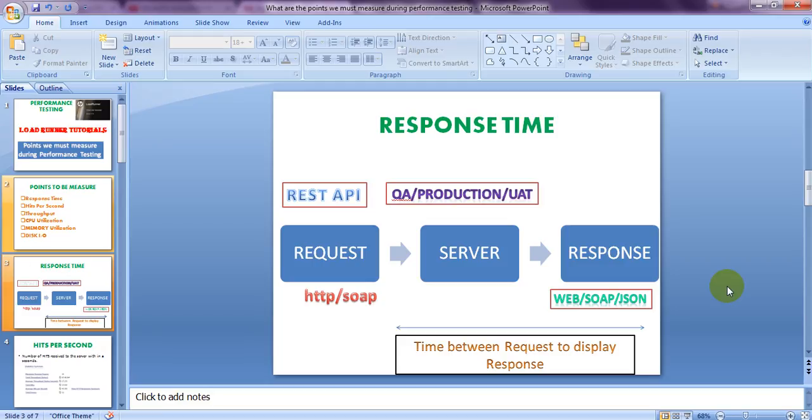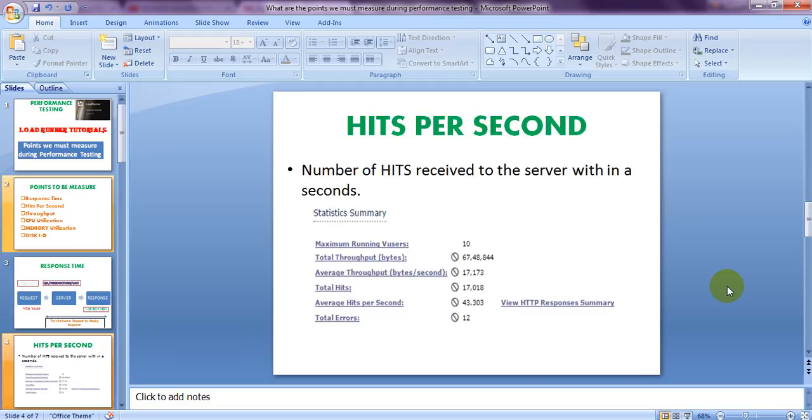It can handle a number of requests at a time. Okay, this is the response time, first one. Second one is hits per second. What is the hits per second? Suppose you are running your application or test scripts for 1 hour or 2 hours or 30 minutes or 45 minutes, like that. Okay, so whenever you are hitting requests to the server,